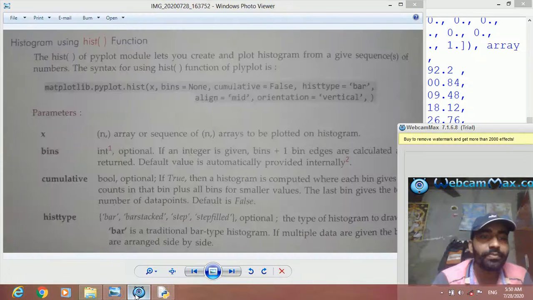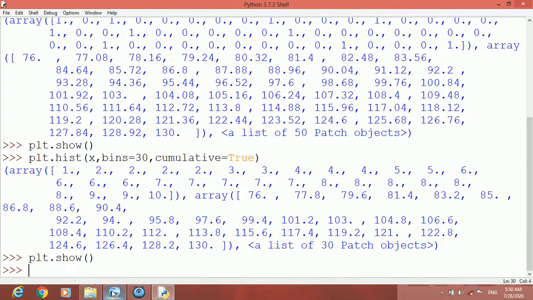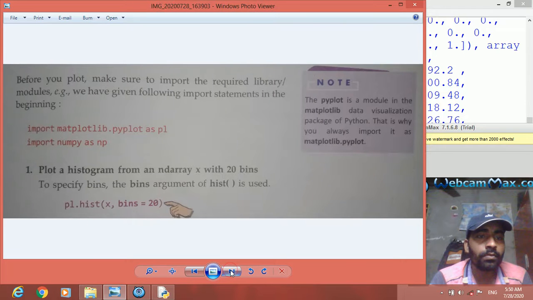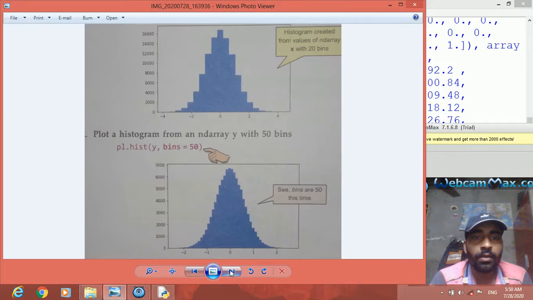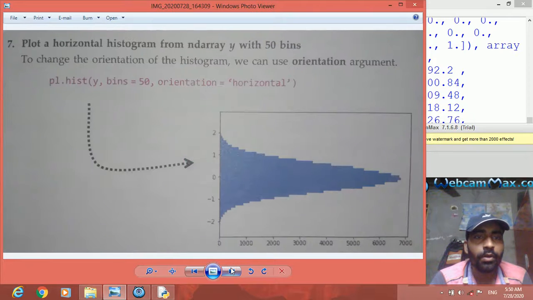Further we have histtype. With histtype, what can we give? Right now we are showing the bar chart. Bar is the default. Other types we can show, like step or step filled. So let us use this also. Okay, it was cumulative. Now the orientation is there.